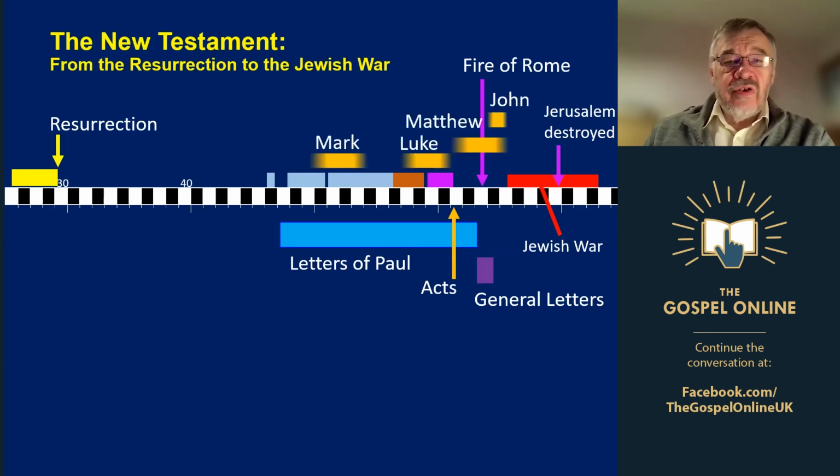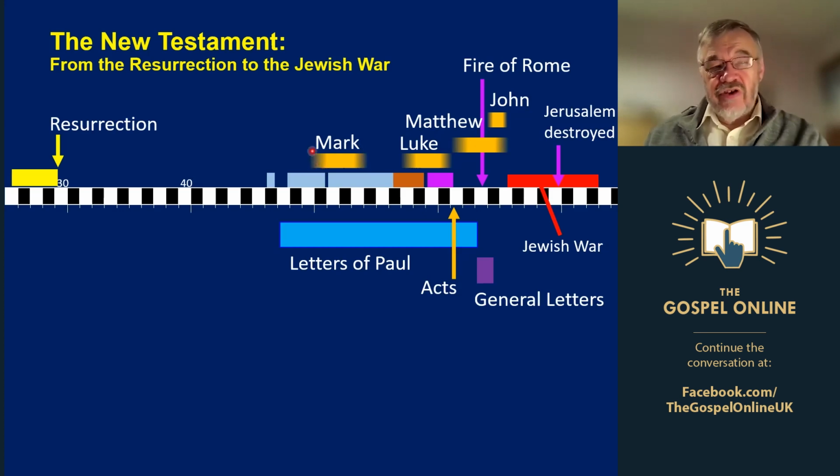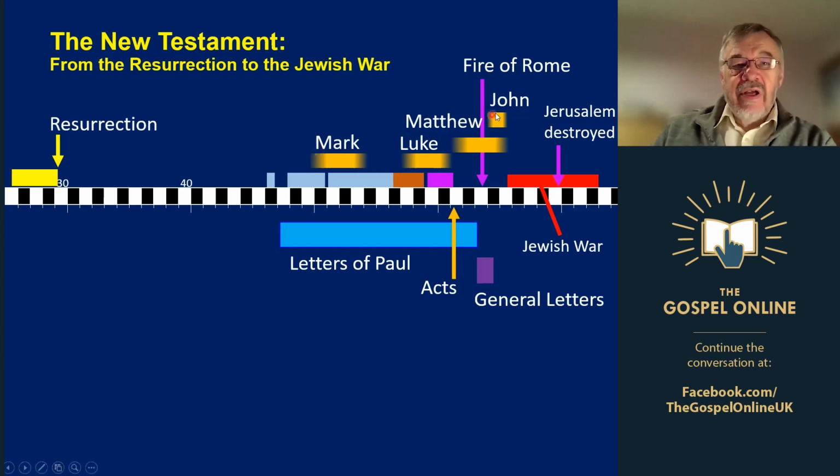When we put the Gospels in, then, we can see how they fit with the letters. So Mark, for example, is alluded to in the letters to Corinth, 1 and 2 Corinthians, and in letters to Rome. So we can say, well, it must have been completed before 55 AD when those letters were written, and Peter isn't really available to talk to Mark, go on a journey with him until about 50 AD. So we've got a Mark somewhere between 50 and 55.